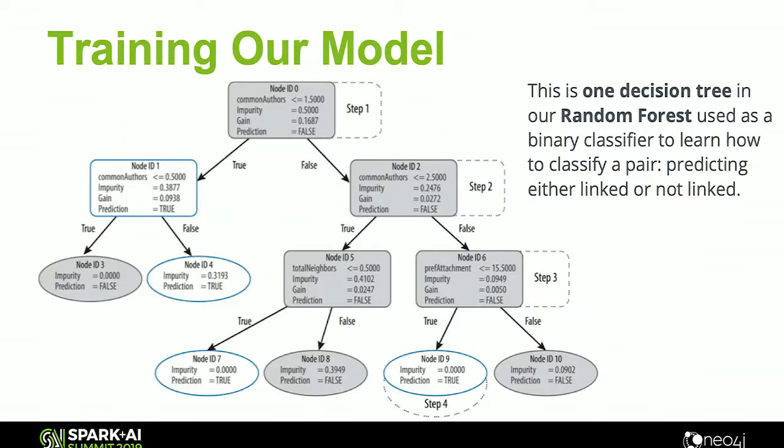As far as training our model, we actually used a random forest as a binary classifier. This is just one decision tree in that forest. And just like you would use any kind of decision tree, we had some metrics. You have some metrics, you have some thresholds, you make a decision, you go down one leg or the other of the path. And at the end, you make an estimation of whether you're going to predict that it's in the classification of has a link or doesn't have a link.